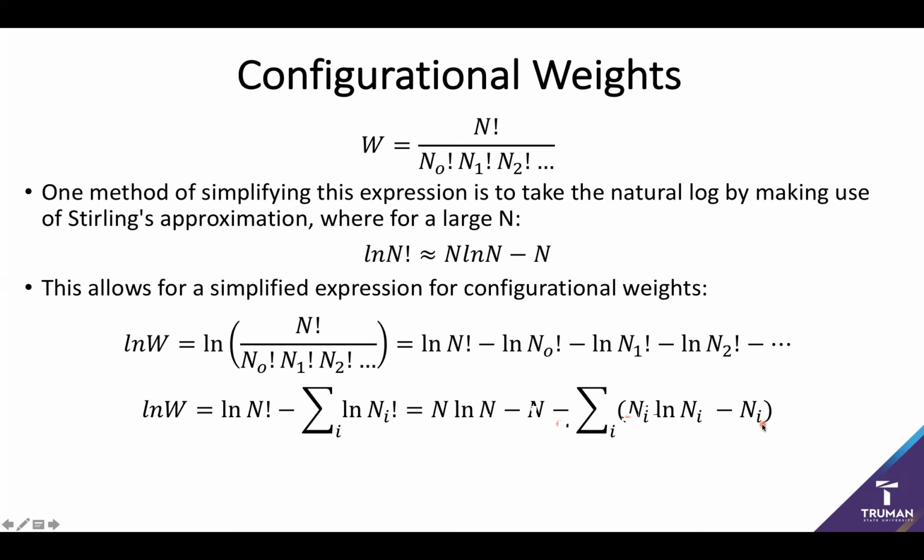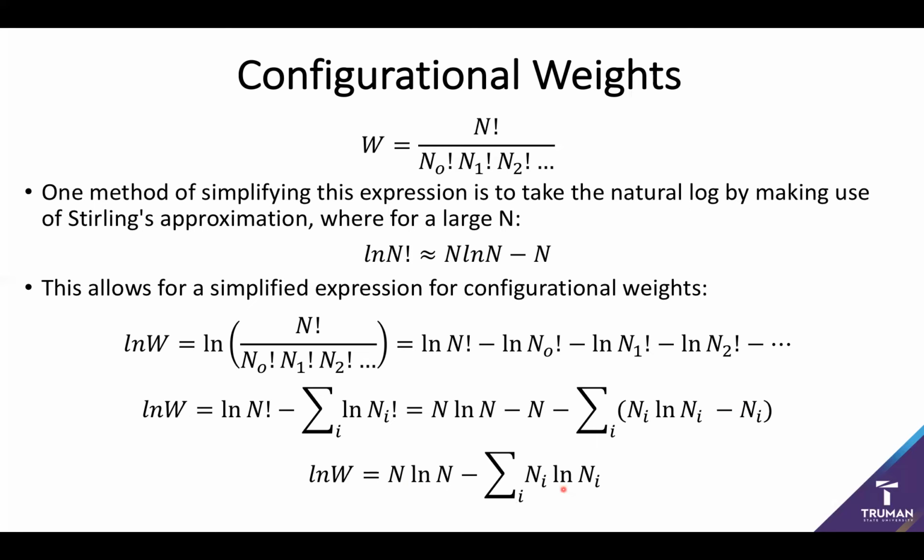Now, we get another fun little simplification for free because the sum of the number of particles in each state is just going to be the number of particles. So it turns out these two n's will end up canceling out. And all I'm left with is essentially the number of particles times the natural log of the number of particles, minus the sum over each state of the number of particles in that state times its natural log. So this is going to become one of our foundational places we're going to start with to describe a lot of the configurations of systems.